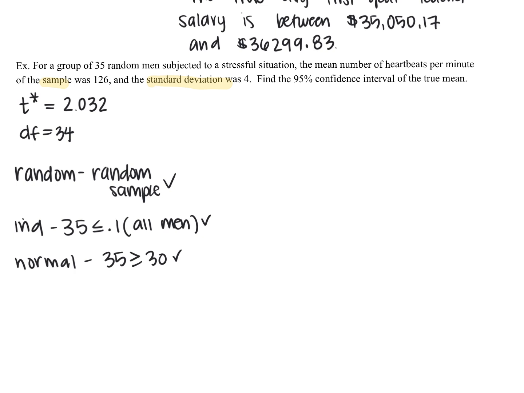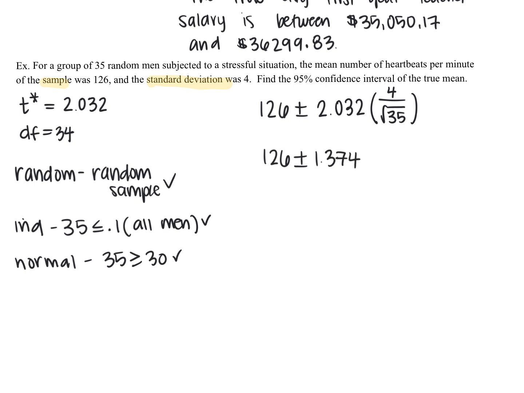Now I'm going to plug in my information into my t interval. So we start out with our mean, 126 plus or minus our t critical value, 2.032, times our sample standard deviation, 4, over the square root of n, which is 35. So 2.032 times 4 over the square root of 35 becomes 126 plus or minus 1.374, which once I add and subtract is 124.626 to